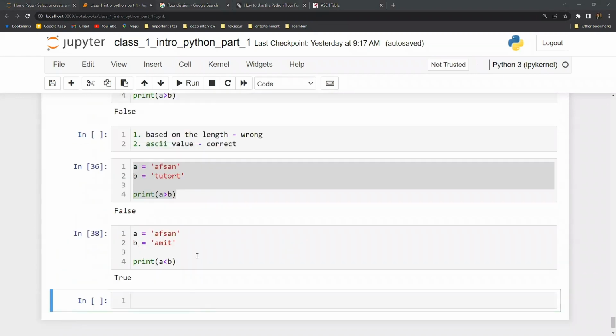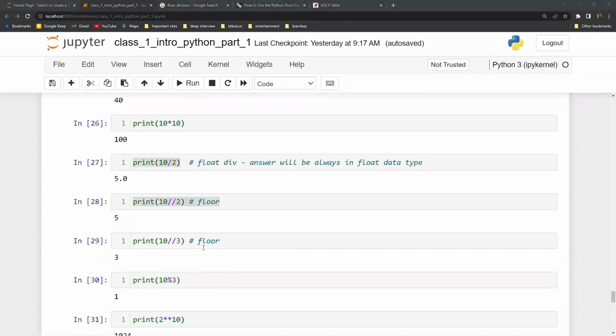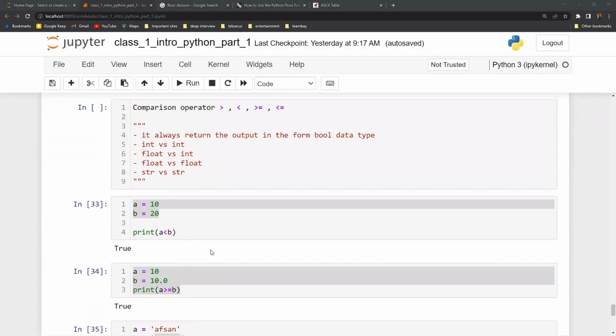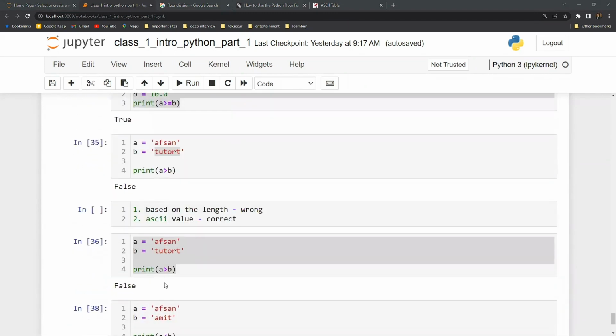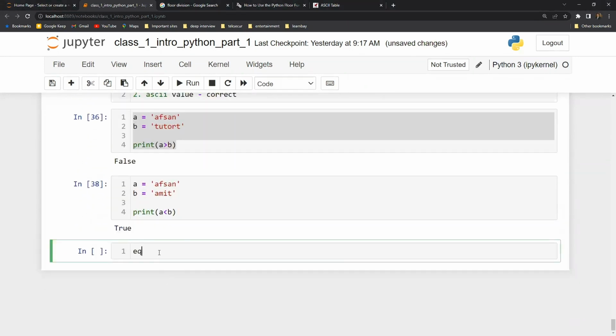Okay, great. So we have seen about the comparison operator. The next operator that we have is the equality operator. An equality operator is nothing but equal to or not equal to. Okay. So now guys, let me